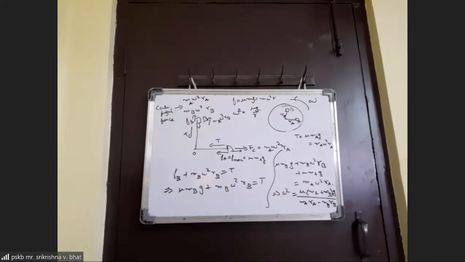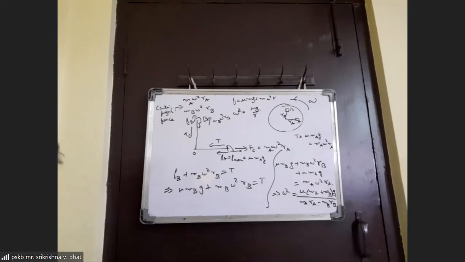Sir, won't there be friction in tangential direction? Friction in tangential direction, but why would there be friction in tangential direction? If friction is not there, it won't go into rotation, sir. No, see here, friction in tangential direction we are not taking into account, because if there is friction in tangential direction, that friction will cause tangential acceleration. And as such we are assuming that there is no tangential acceleration. But for that block to go into rotation, some friction should act in tangential direction, no, sir?